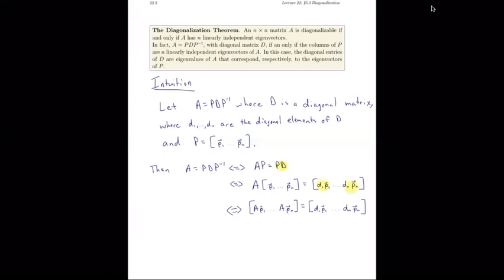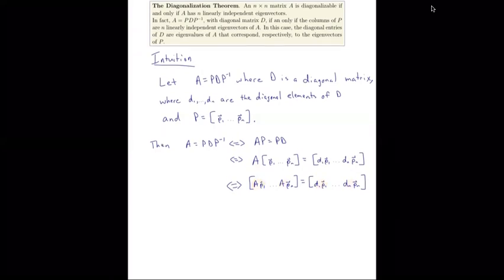We could check that in a 2x2 or 3x3 case just to make sure you believe it. And if we look closely, we realize that each of these pairs, A times P1, is going to be equal to this column. So the first column of each matrix on the left-hand side and right-hand side are equal, and all the way through to the nth column on each side. Well, the statement of A times P1 equals D1 P1, or for any i in here,